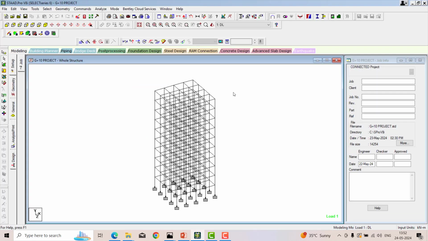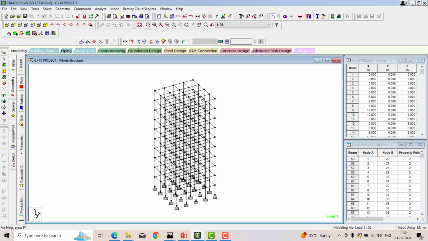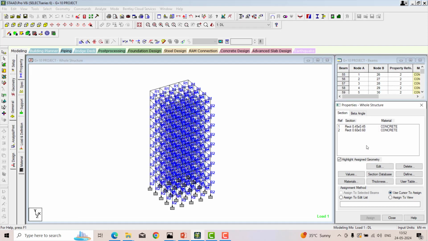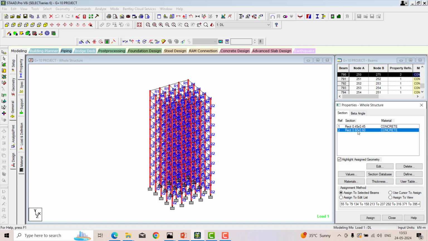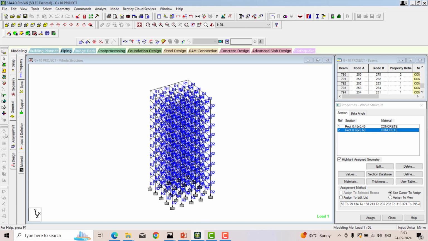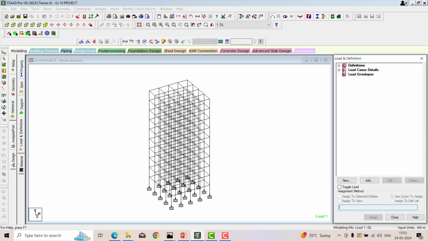For that I am opening STAAD Pro. In the last session we already did the G+10 project. Here you can see the geometry. In the general we assigned the material for the beam separately, and for the column separately, and then the support is a fixed support.